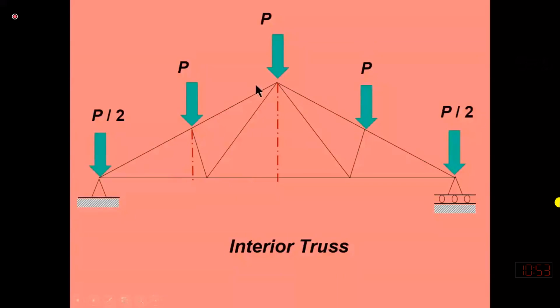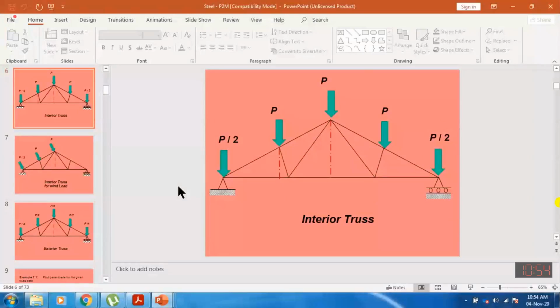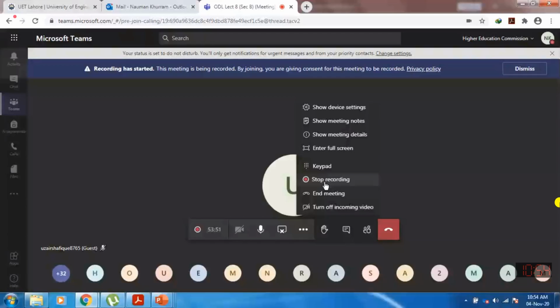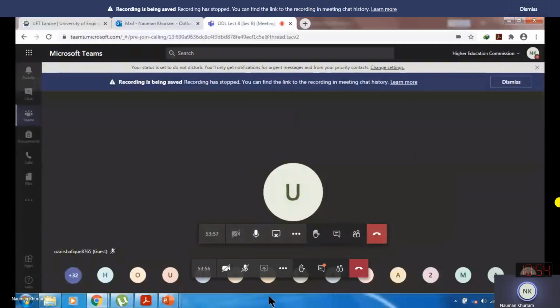Okay, if this member is zero force, and this adjoining member is also not zero, then which member will continue? This is the lighter section, this is the heavy section. Then we will continue the lighter section. So this is the design criteria for zero force members. So I will conclude my lecture here. At the moment, if you have any question, you can use the raise hand option. I will answer all your questions.